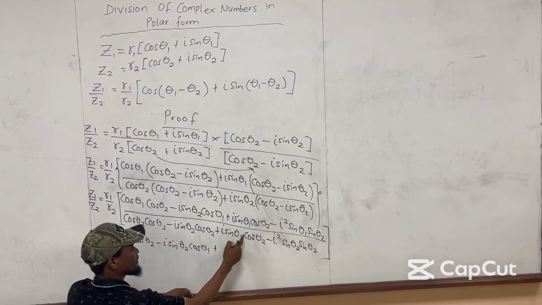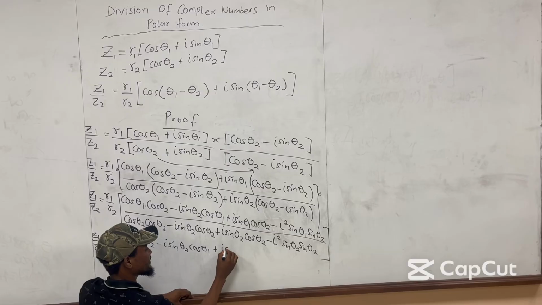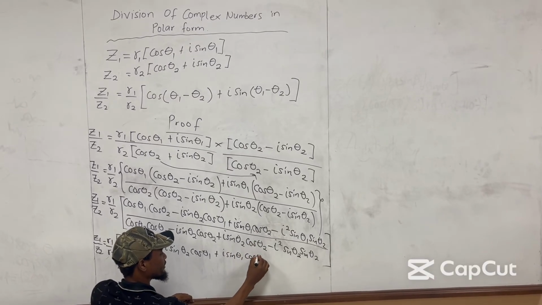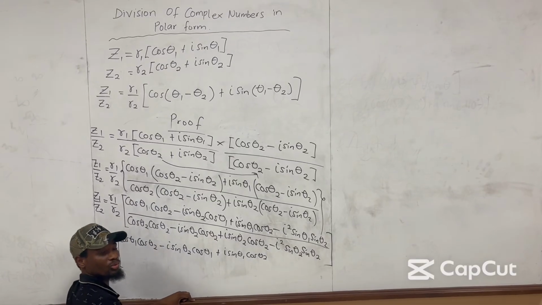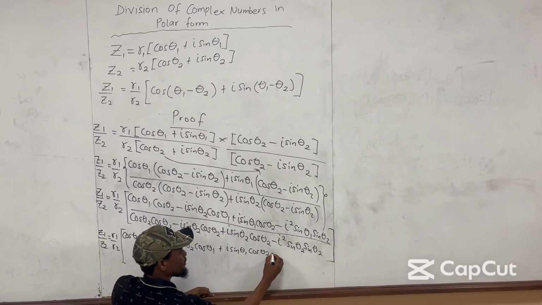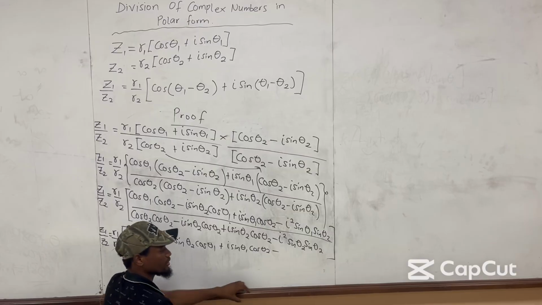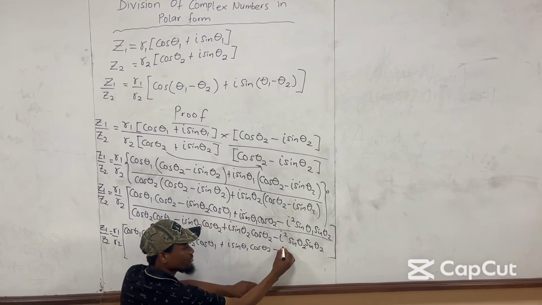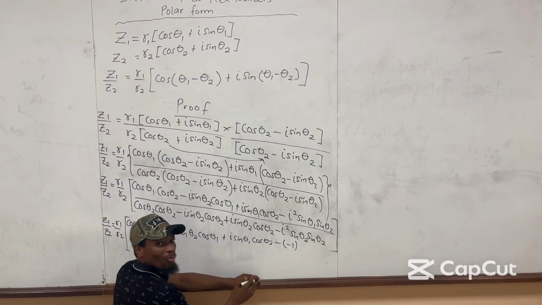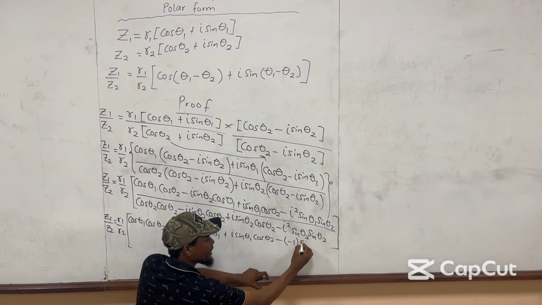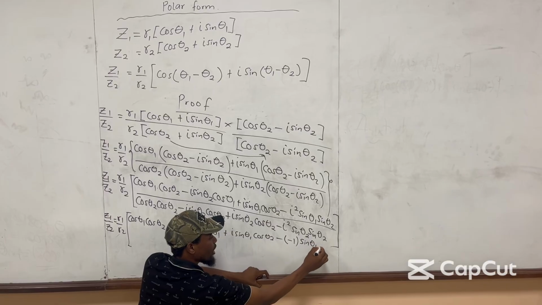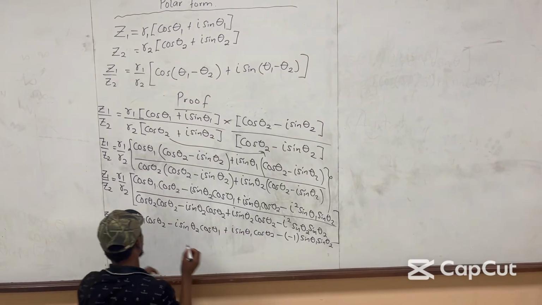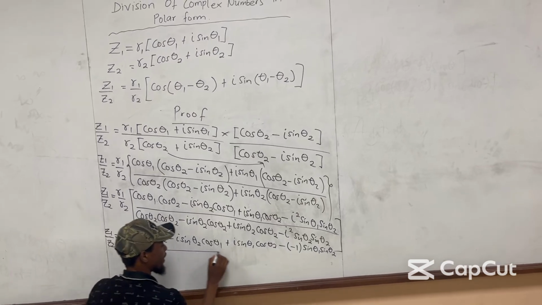Then plus I sin theta 1 cos theta 2, minus I squared is the same as what? Negative 1. Then I have sin theta 1 sin theta 2. Then all over